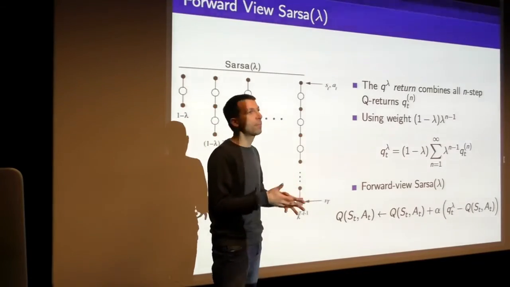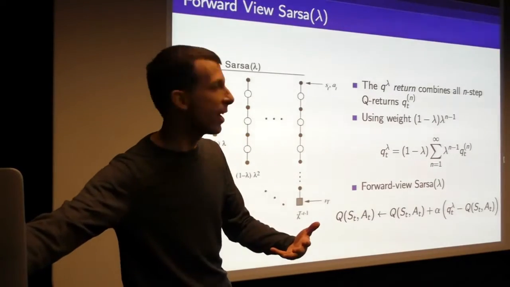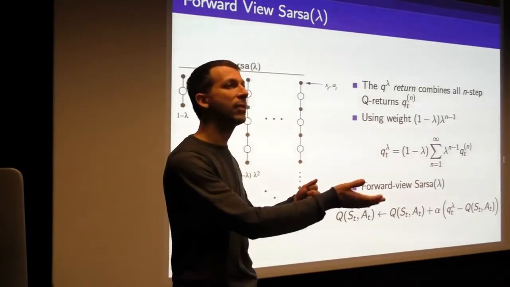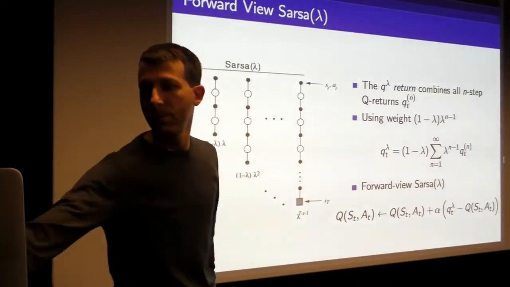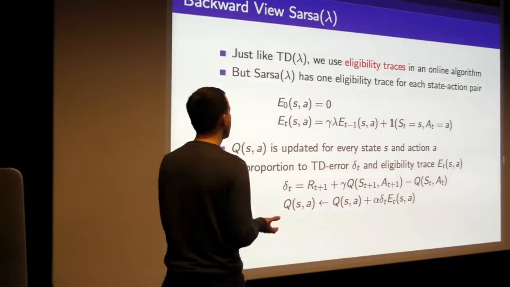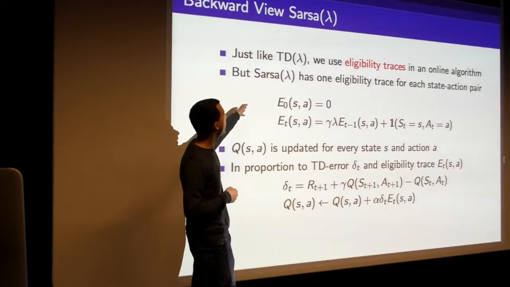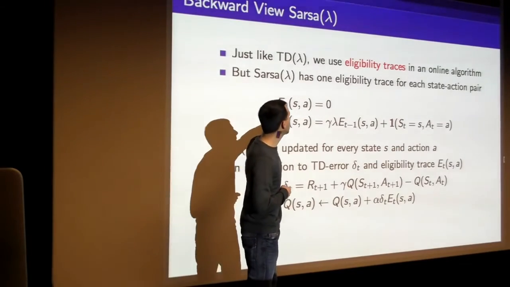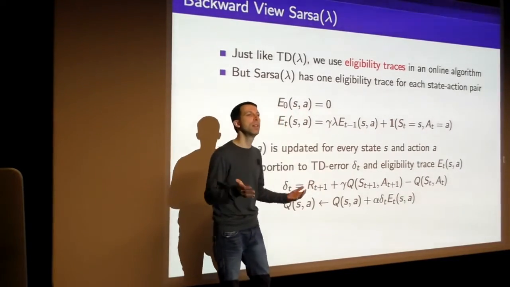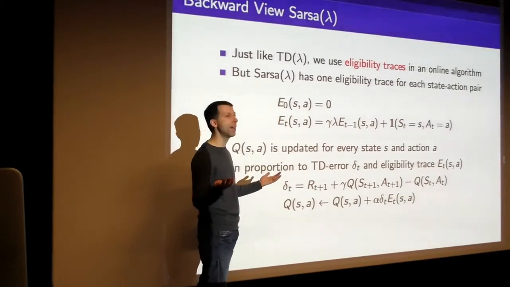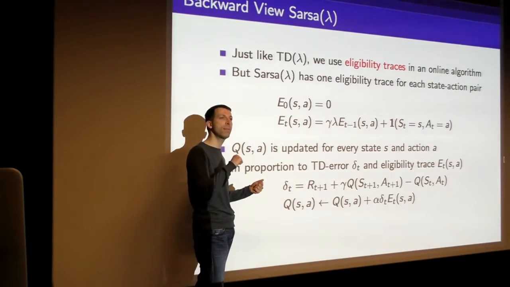So what we're going to do is come up with an equivalent, just like in the last class, by building up eligibility traces, such that when we sum up over those eligibility traces, we're going to end up with an update which is exactly equivalent to this one. And so the idea is very similar to the last class. We're going to build an eligibility trace now, but the eligibility trace is going to be for all state action pairs. So now we've got a new table, a table of our eligibility for each state action pair. Think of this as the thing which is telling you how much credit or blame you should assign to every action you took from every state.